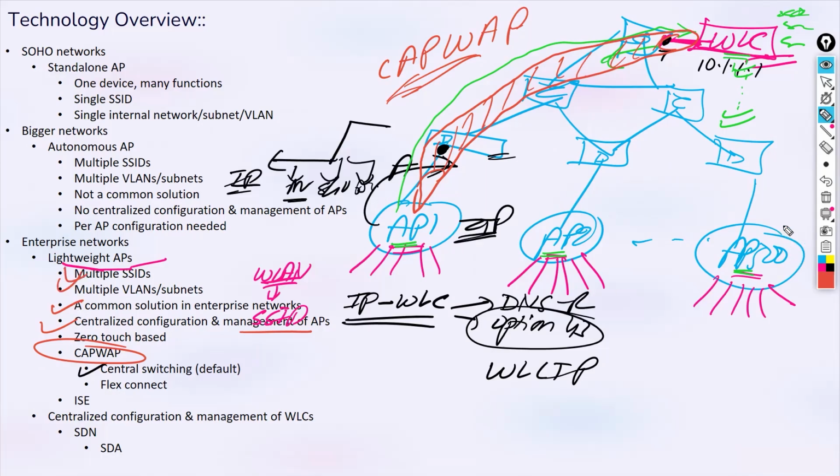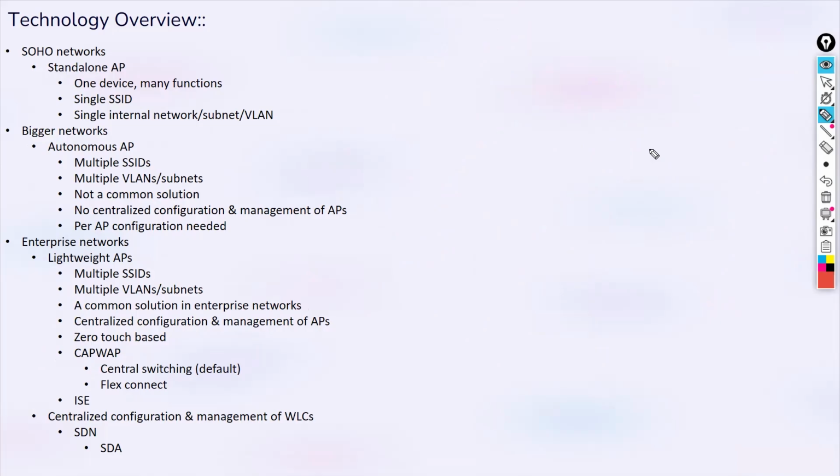So, how does it happen? First let's understand the physical aspect and then we'll understand the logical aspect of it. For example, let's say I have a switch here, okay? And on the switch, I have some ports here, obviously, like this. And somewhere I have a WLC connected with the management interface.